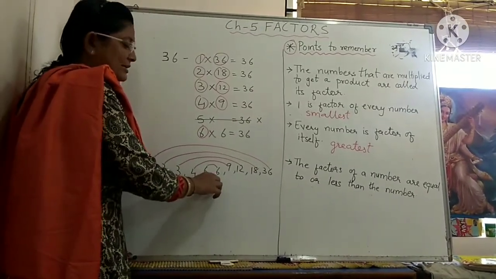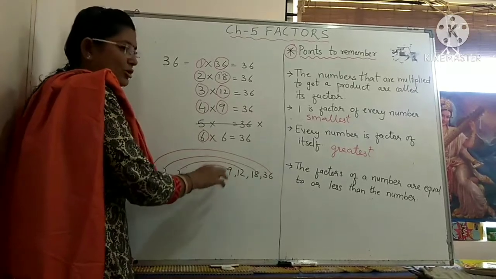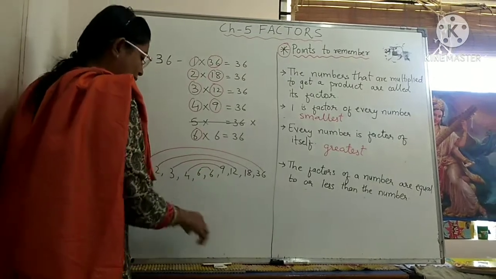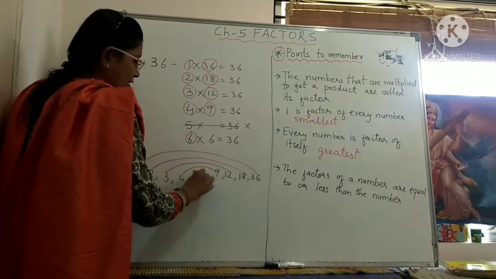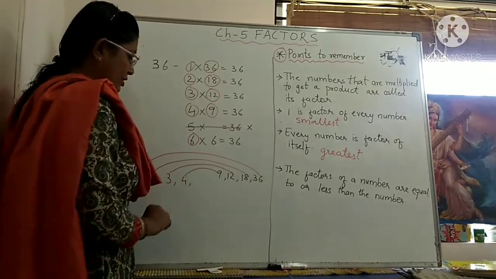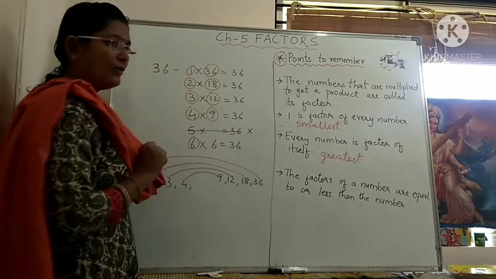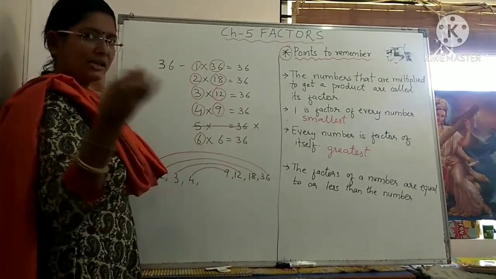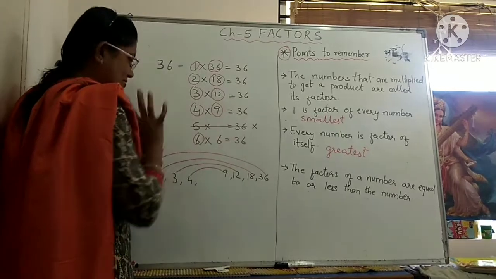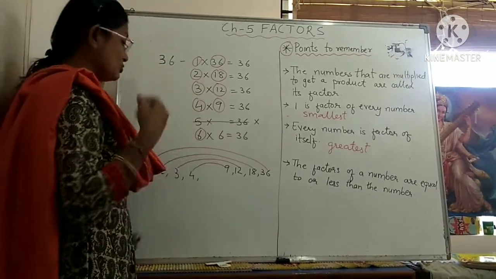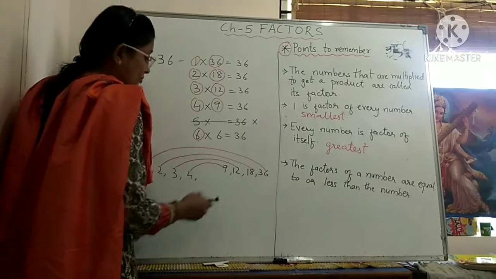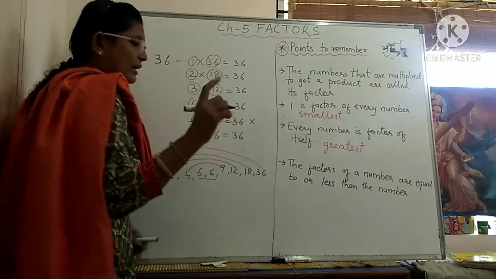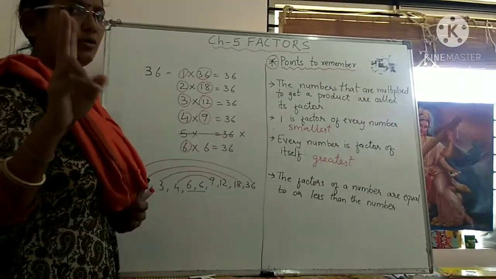Here see, after 6 6 is only coming. Either it may come 7 or something. But if something is missing over here, see, if I am not writing 6 and this much I am writing, then after 4 9 directly how does it come? 5 is not there, 6 is not there, 7 is not there, 8 is not there. But in 5's table 36 is not coming, but in 6's table it is coming. So you should understand there that I have missed out something. So here you have to write 6. But in the answer only one time you will write 6. No need to write 2 times 6.